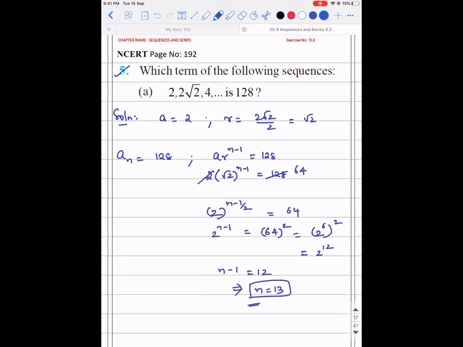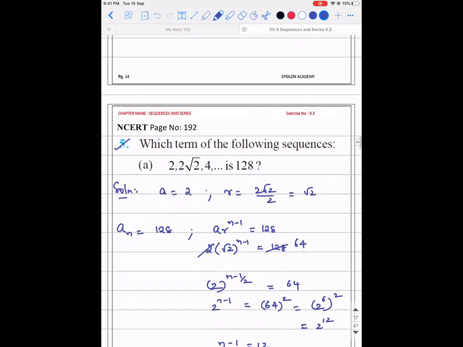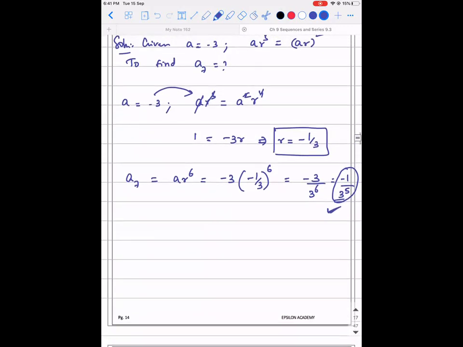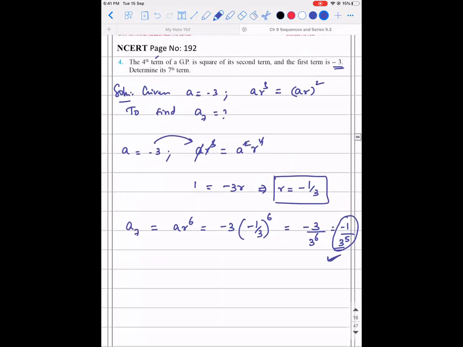Yeah, tell me. You told to check the fourth one as answer. Answer given is minus 2187. Is my R value wrong? Sir, it should be a square r square. No, sir. R power 4 you wrote. Oh, so a square r square. Thank you. So it is a r cube. This will get cancelled and r is left out. So r is equal to a, right? Then the whole thing will change.